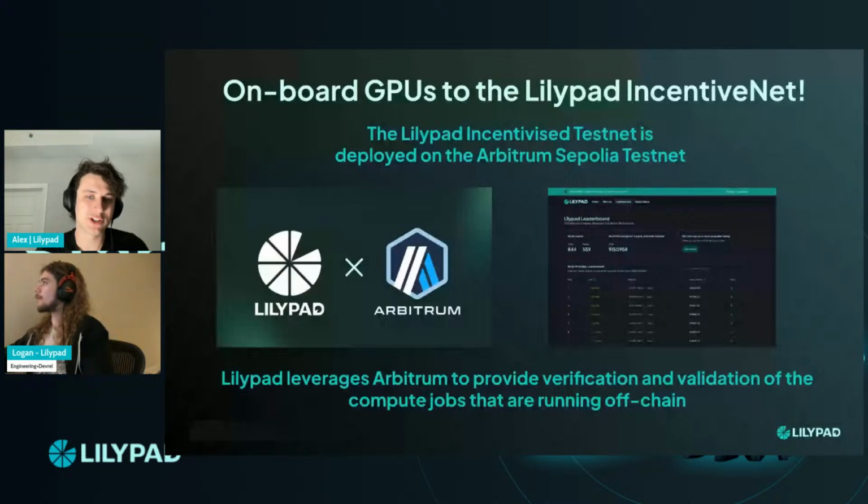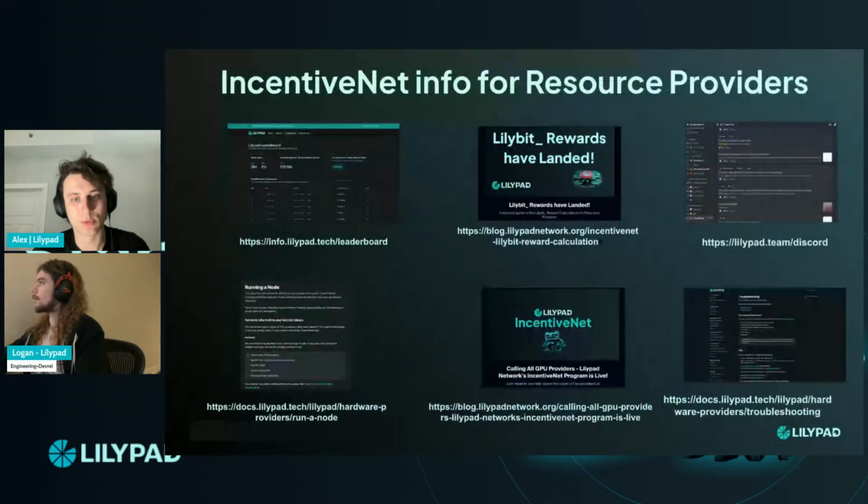So we have a lot of resources for IncentiveNet. We have the leaderboard, as I mentioned. The Lilybit rewards blog there is actually old. I'm going to replace this. I talk later in the slides about a new rewards calculation that we just launched yesterday, which is super exciting. But yeah, go check out our